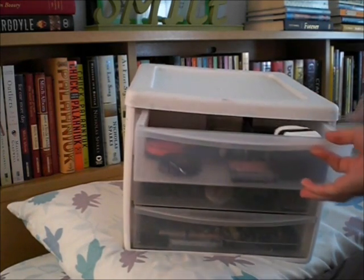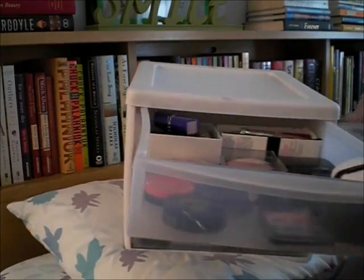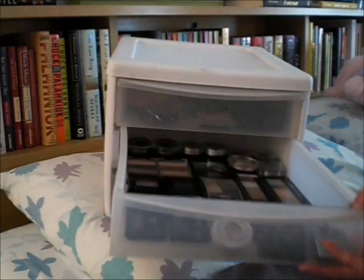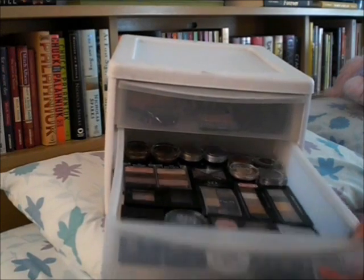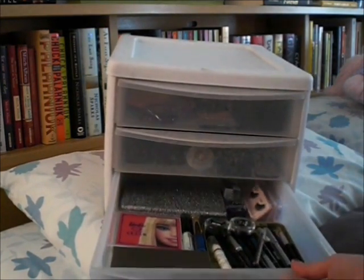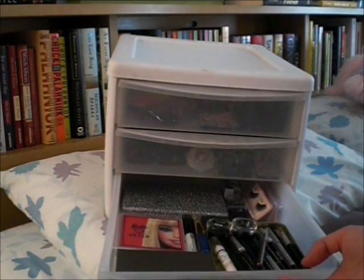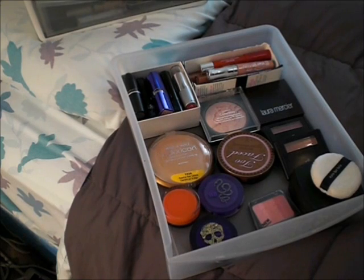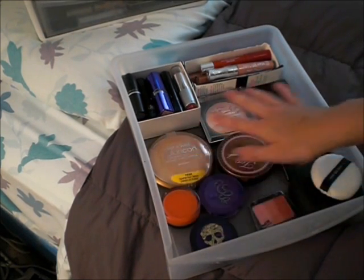This first drawer, I have my face stuff and also my lip products. The next drawer in this three storage unit is where I have all of my eyeshadows. And then the third drawer, I have my palettes and eyeliners and other miscellaneous eye sort of things. So this first drawer, which has my face products and lip products,